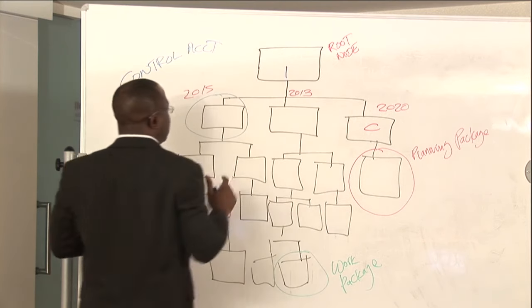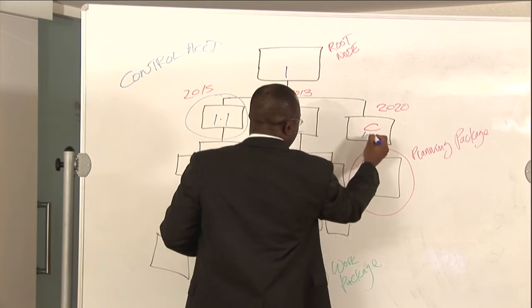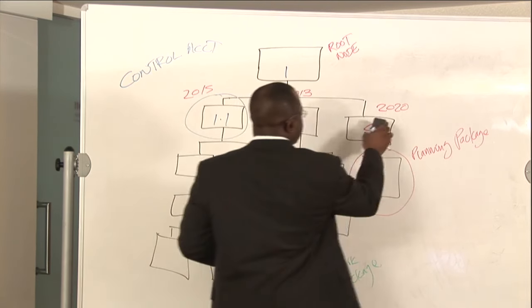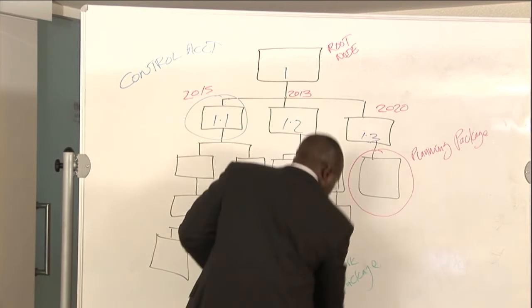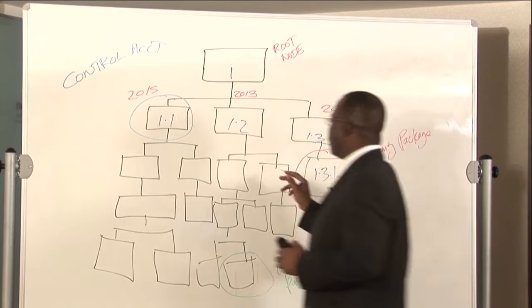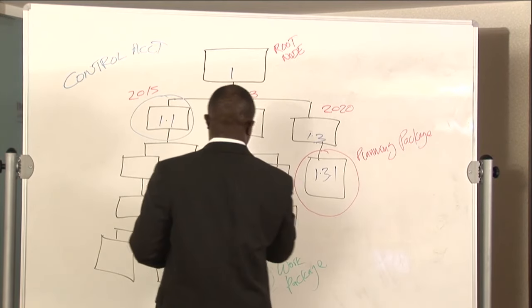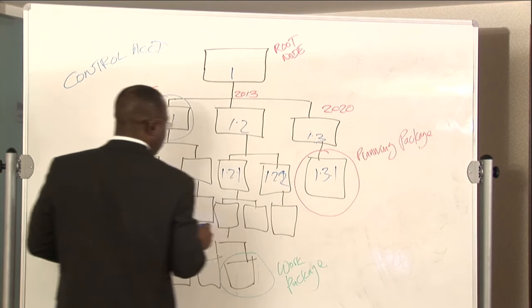The root node is 1 in terms of numbering. This will be 1.1, 1.2, 1.3. If we take a look at the next level down, this would be a 1.3.1. This would be a 1.2.1, a 1.2.1 here, 1.2.2 there,